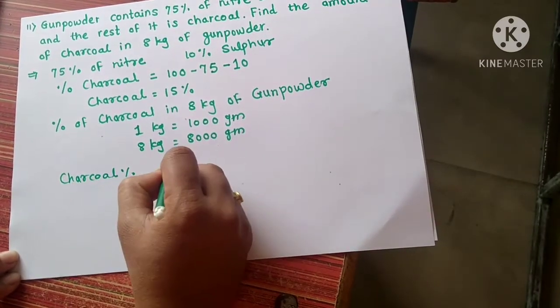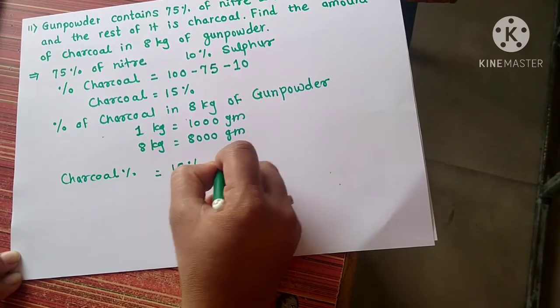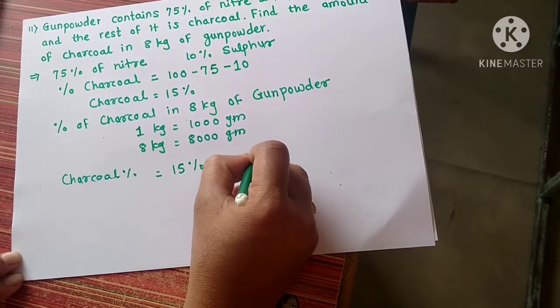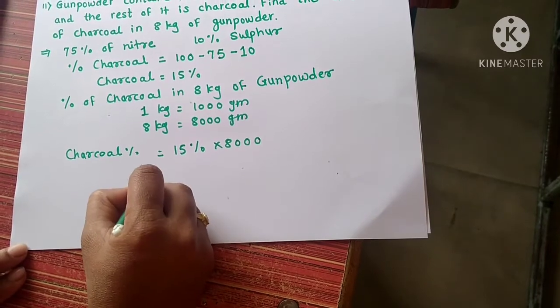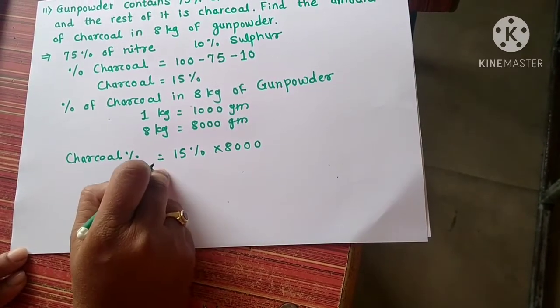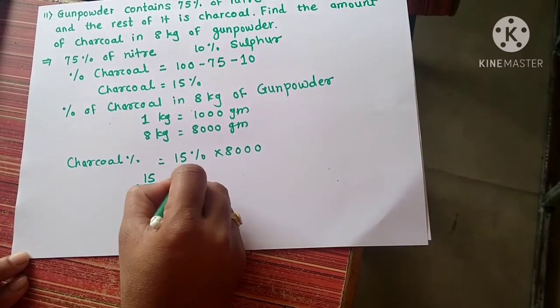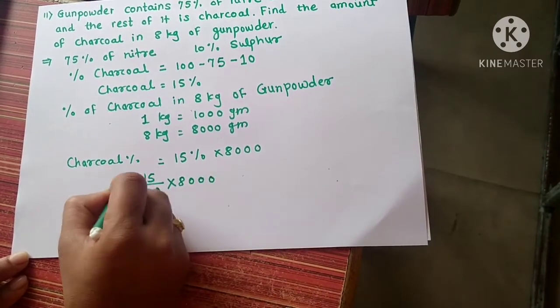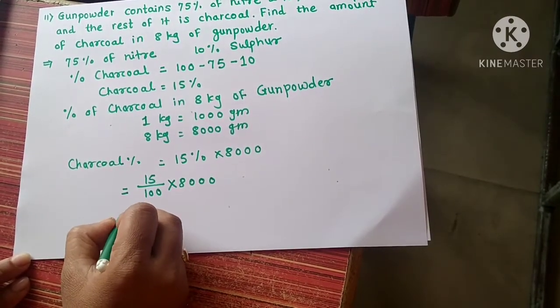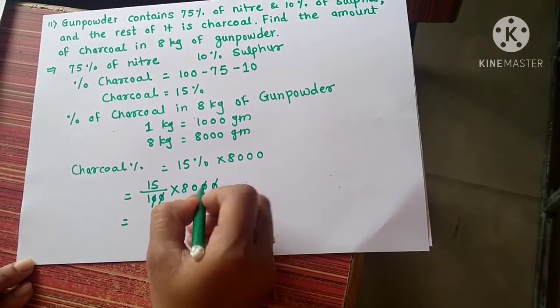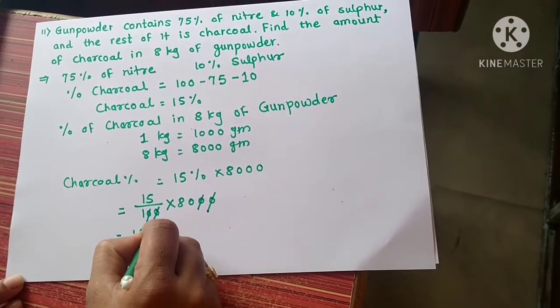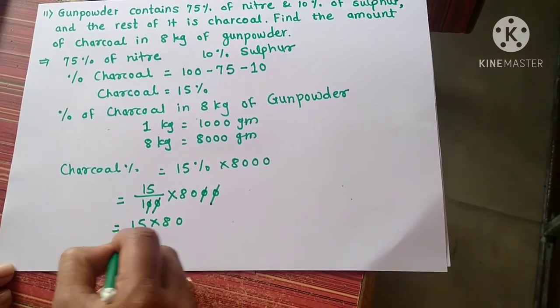So charcoal percentage is equal to 15% of 8000. We have to calculate this. So 15 upon 100. Out of 100, 15% is charcoal, of 8000. We have to find out this. These two zeros are cancelled with these two zeros. So 15 multiplied by 80 is equal to